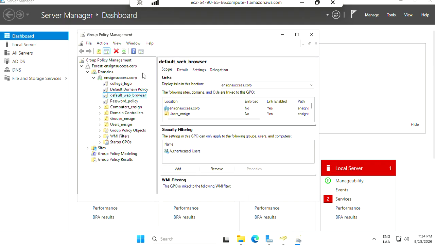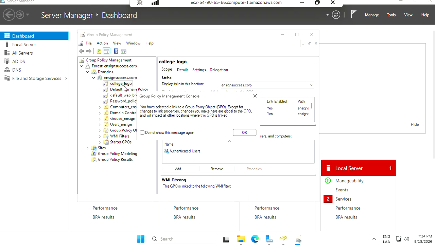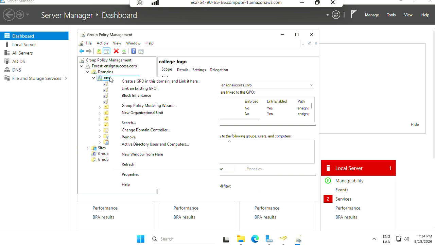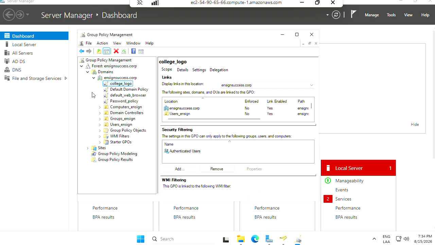So here in the group policy management, I create these three GPO: college logo, default web browser, and the password policy. I create the GPO. I choose this name, sorry, and after that I edit. So to the college logo,